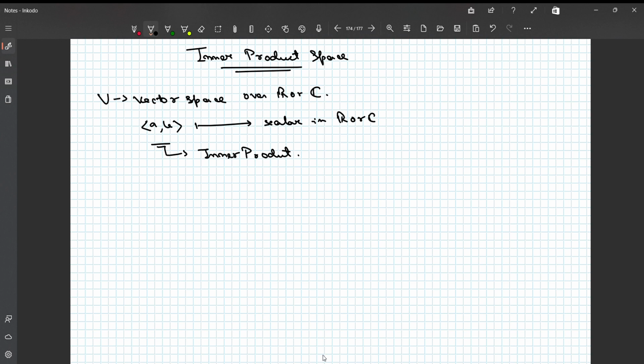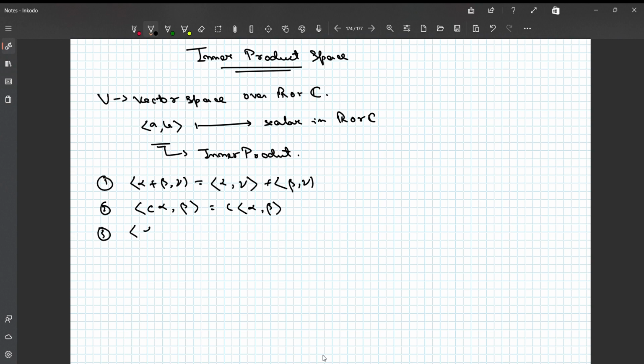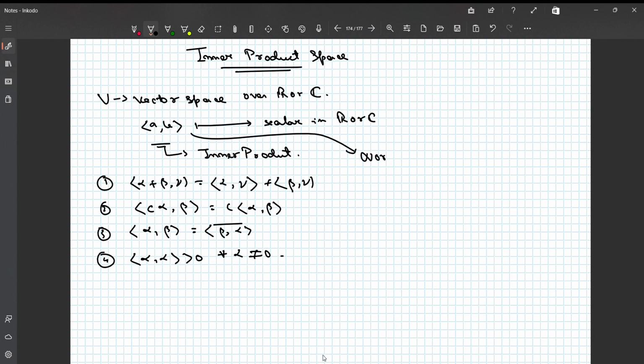Now, there were certain properties of these inner products, if you remember. Property number one was that the inner product of alpha plus beta with some gamma was the same as alpha gamma plus beta gamma. Then we had the inner product of C alpha with beta is C times alpha beta. Then the inner product of alpha beta was given as beta alpha bar. And lastly, we had the inner product of alpha alpha is greater than 0 for all alpha not equal to 0. Using this inner product, we had defined what we call the norm of a vector,